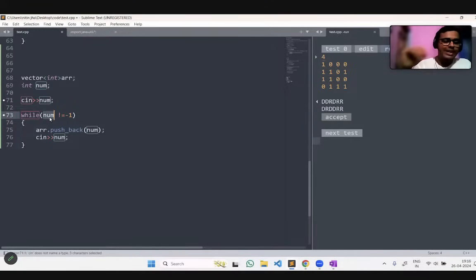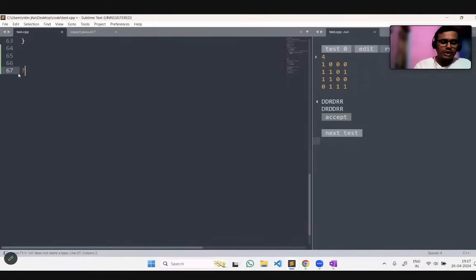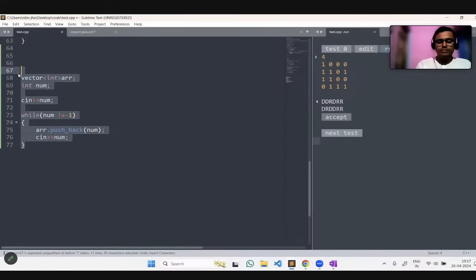This is done when the size of the array is not given, but you have to take the array input by yourself only. So have you understood this? Please let me know. Yes, the cin while cin, and you can take it outside of the while loop also, and after that you can go inside the while loop and take it as input also. You can do both of the things.